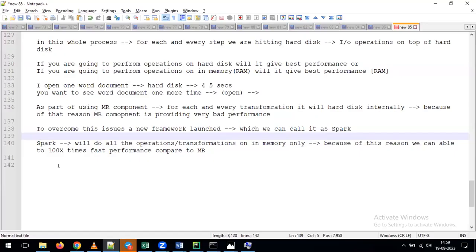What is the reason here? Are we doing any magic as part of Spark? We are not doing anything here. Within the Spark framework, it performs all the transformations in memory. Because of these in-memory operations, it performs everything very, very fast compared to MR. That's the reason nowadays most people are using Spark for their data processing